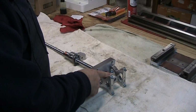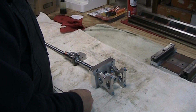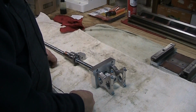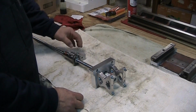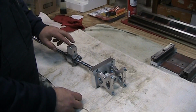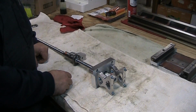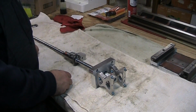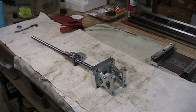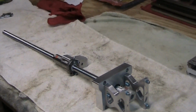For the top, it's got a Lovejoy connection here as a coupler between the shaft and the servo motor. Down here, we've got a double nut setup with an aluminum block that connects to the slide. That's got 4 bolts, and we've also got a grease zerk right here. We're going to be running way oil, so the first thing that we're going to do, let me see if I can get you a close-up, is we're going to go ahead and take that out